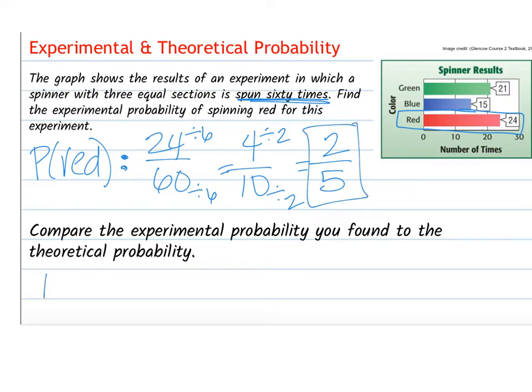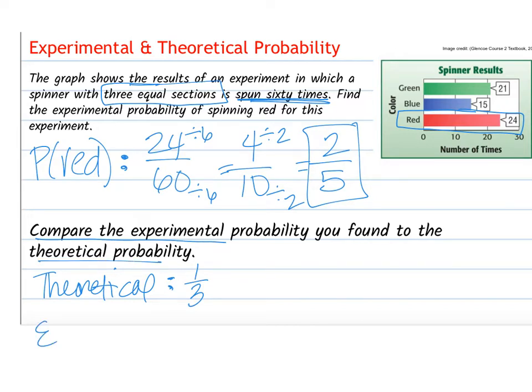The theoretical probability of getting red would be 1/3, because there were 3 equal sections. Red was one of them, so the probability of getting red is 1/3. Compare the experimental probability you found to the theoretical probability. So we have theoretical is 1/3,